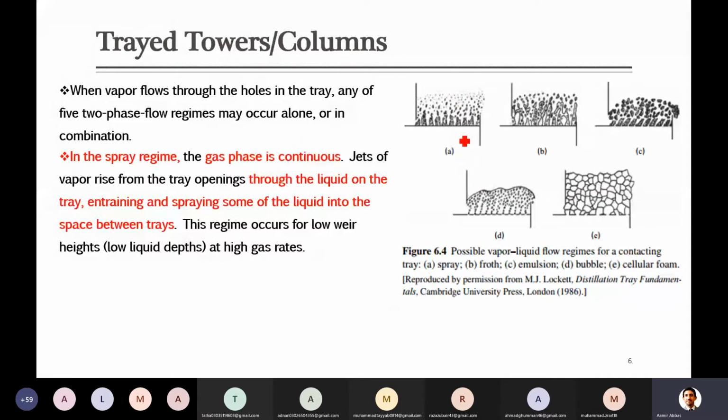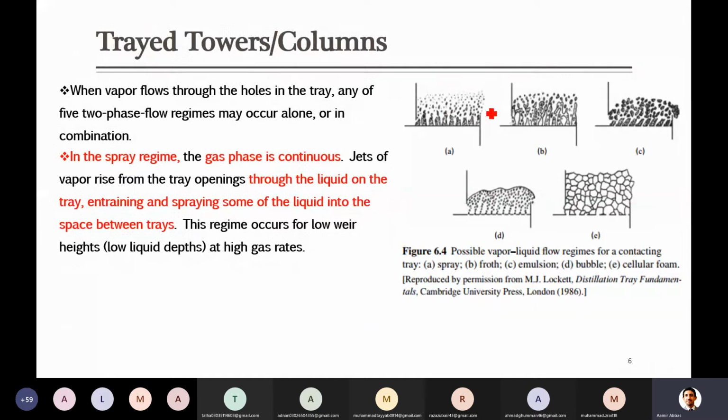So in such cases, when there is low liquid, vapor will just shower through, and the liquid will be carried away with the vapor, because it is already in small amount and the vapor is high in pressure, so it can carry more liquid towards the top plate. And instead of getting better separation, you will still be transferring liquid towards the top. Liquid is usually the heavier component compared to the vapor, so it will be carried away to the top of the column. So this is usually not the preferred way.